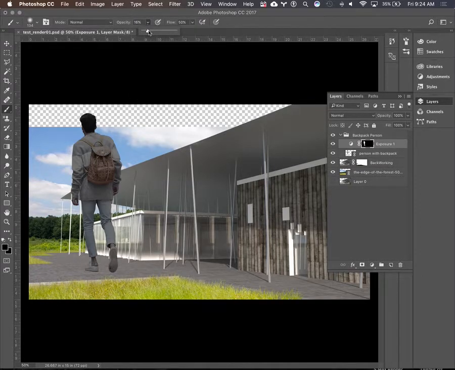But I want to make sure that I build this up a little bit at a time. So I'm going to set my opacity at like 15 and the flow at about 50. I'm going to use the bracket keys, just to the right of the P, to be able to increase and decrease the size. And all I'm going to do here is come in and start to paint back in